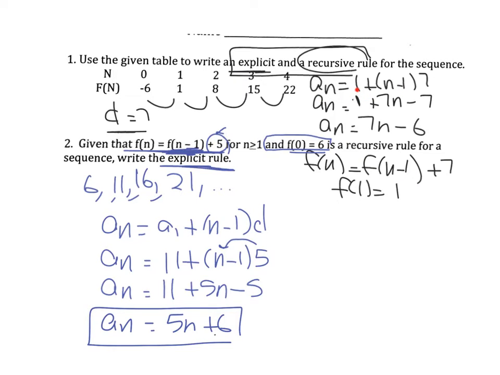There you go, first term. Don't forget that's your first term, not -6, that's the zero term. Plus n minus 1 times d. D is 7, that's what they're adding every time. Distribute the 7, which I did there, add the 1 and -7. Good idea to check it, like plug 2 in or 3 in and make sure you get what you're supposed